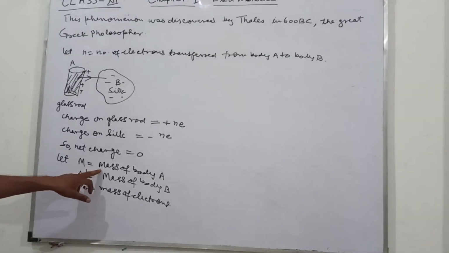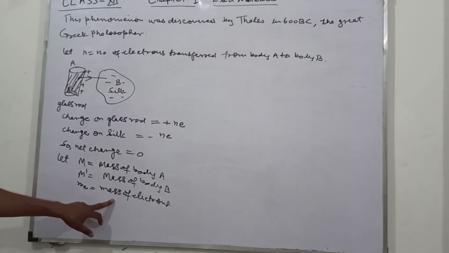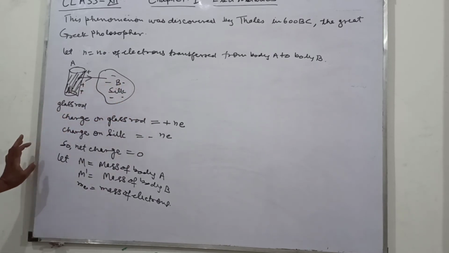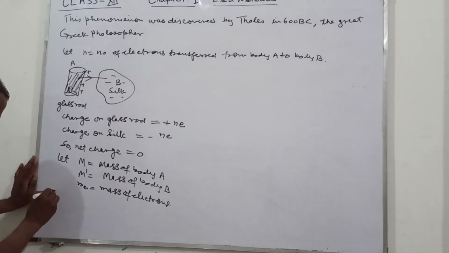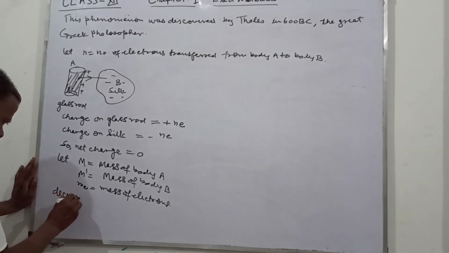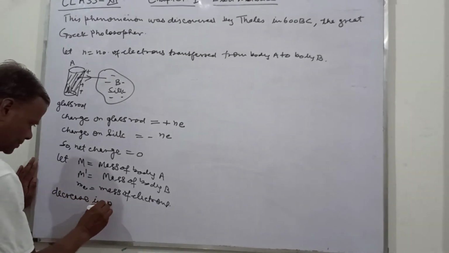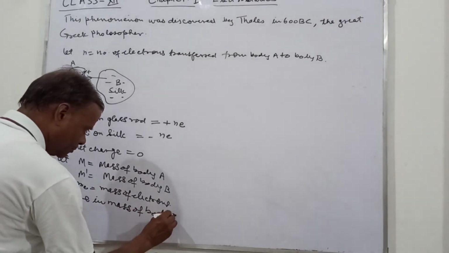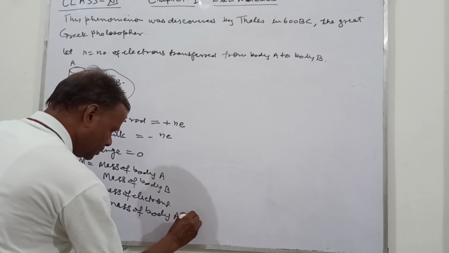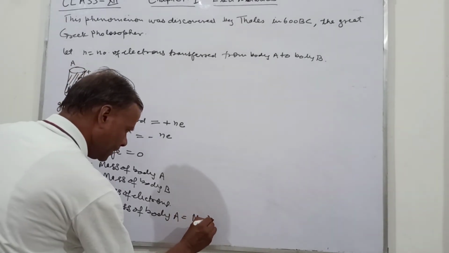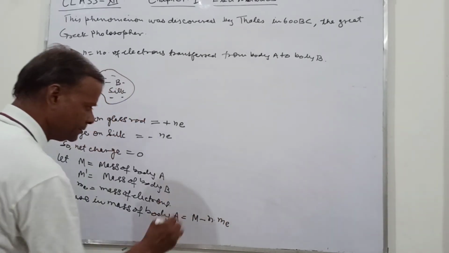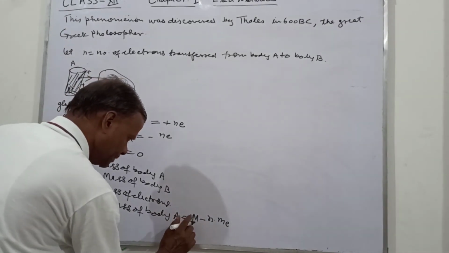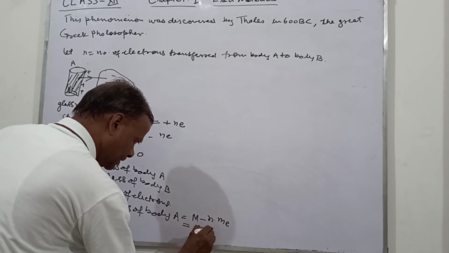So the mass of body A will decrease because electrons have gone from A to body B. The decrease in mass of body A: the new mass is M minus n me, or M minus delta M,